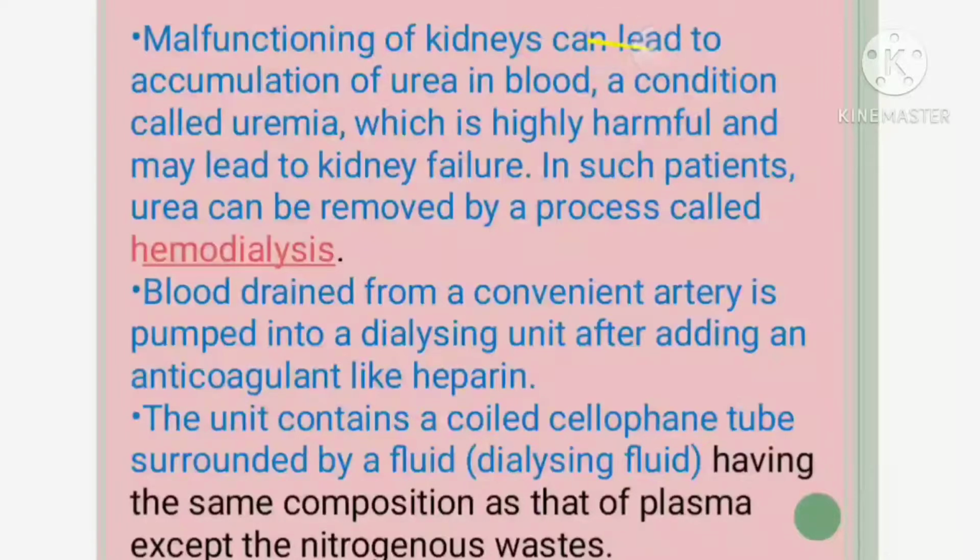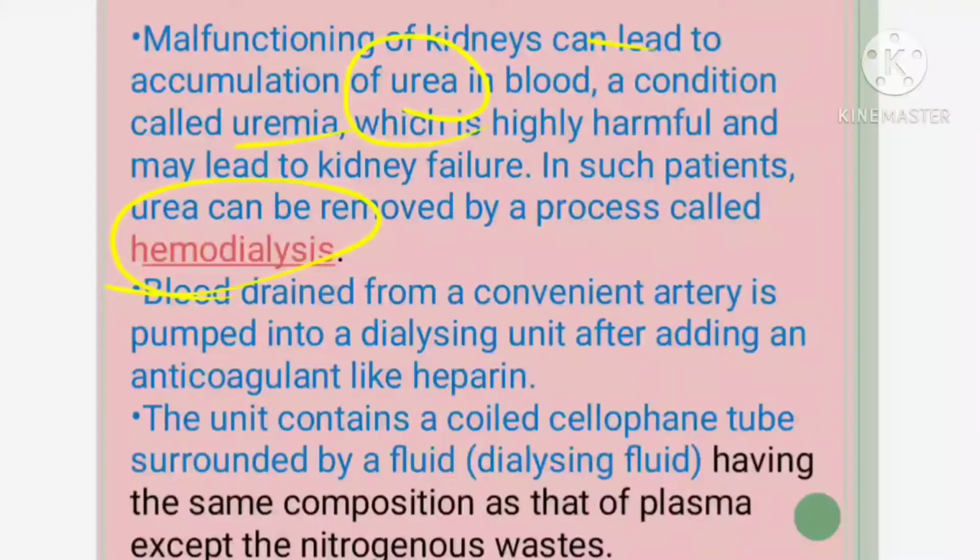Malfunctioning of the kidney can lead to accumulation of urea. If the urea is not excreted, the kidney is not properly functioning. So, urea in the blood will increase, isn't it? This urea, if it is increasing in the blood, leads to a condition called uremia. Okay. So, it is very harmful and it can lead to total kidney failure. So, what has to be done in these patients is that we have to go for hemodialysis. We have to dialyze the blood. So, artificially in the external environment, we have to take out the blood from the person, filter it outside, and thereafter again pump the blood into the patient.